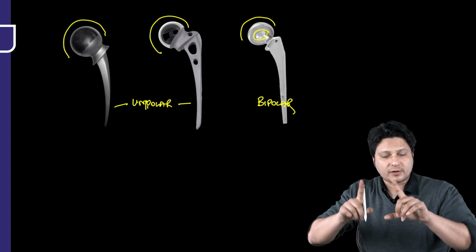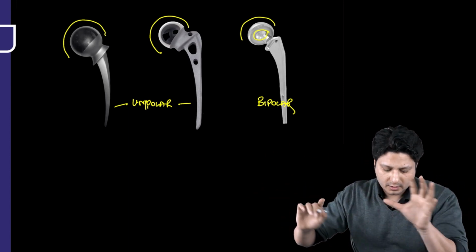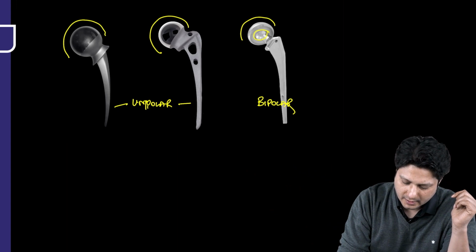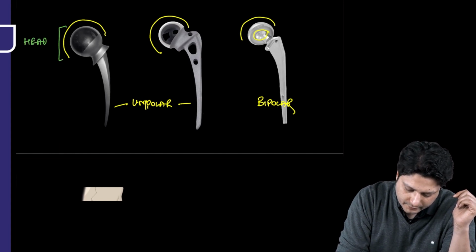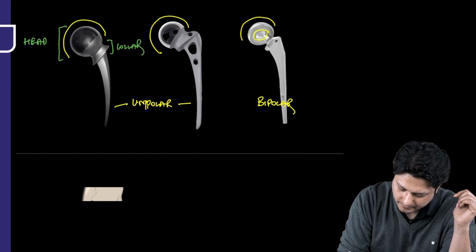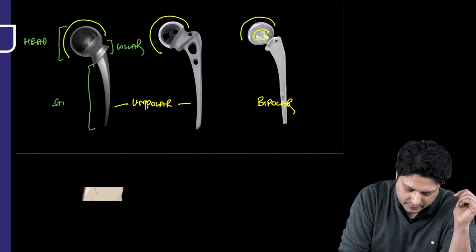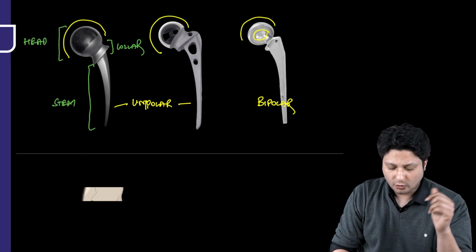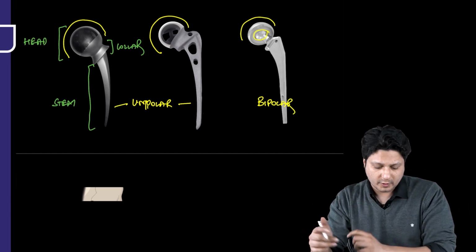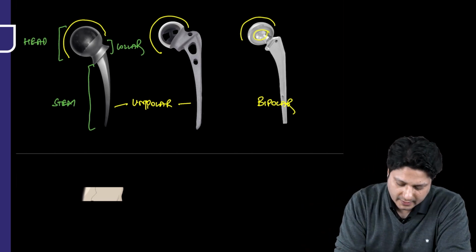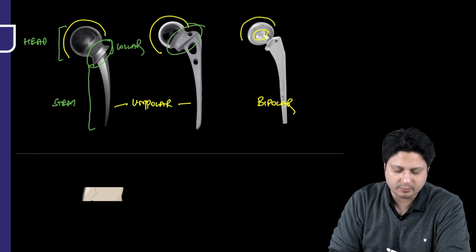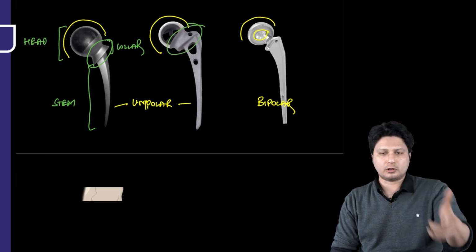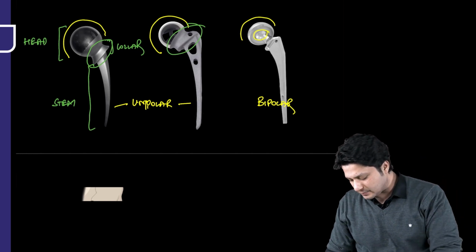Now, these unipolar prostheses are further categorized into Thompson and Austin-Moore. If you look at the parts of the prosthesis, this is the head of the prosthesis, this is the collar of the prosthesis, and this is the stem of the prosthesis. All right. The difference visualized in the collar of the prosthesis is that there is no eye in this collar, but there is the presence of an eye in Austin-Moore. That means there is a hole present in the Austin-Moore. Although the reason for this placement of the hole is